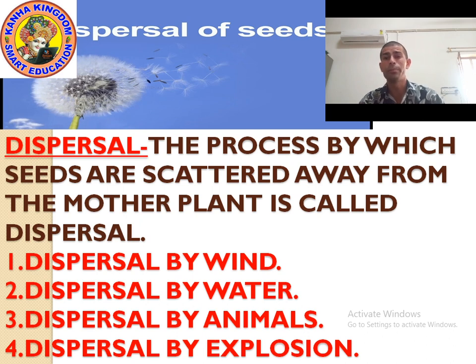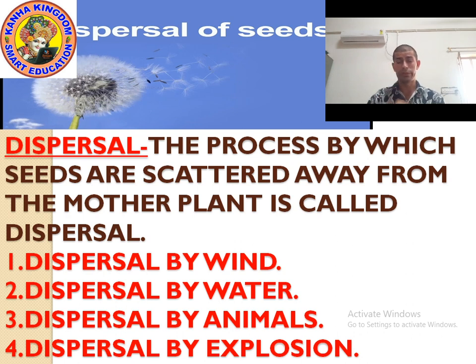They scatter away, they break and move away from one place to another place. The process by which seeds are scattered away, means move away from the mother plant, the main plant that generated that seed, is called dispersal. So dispersal is possible